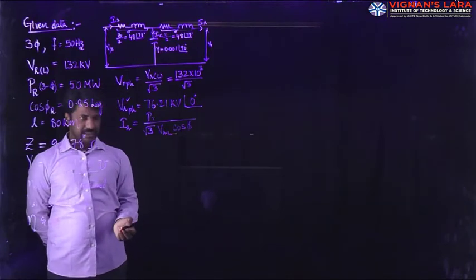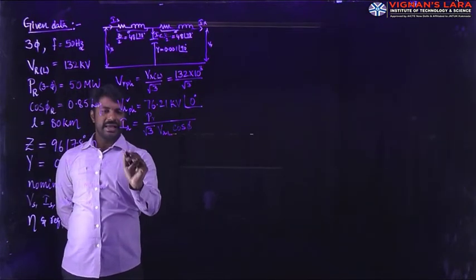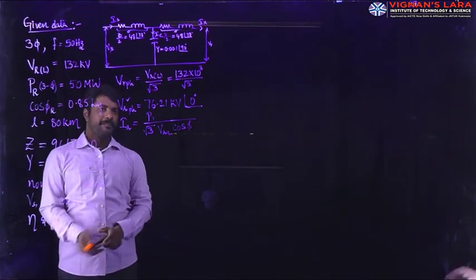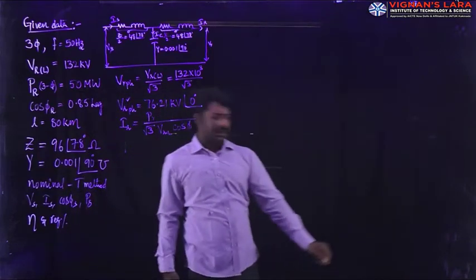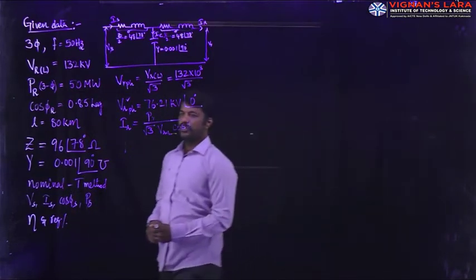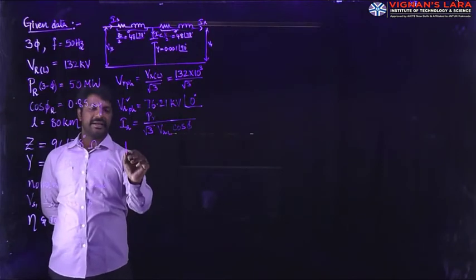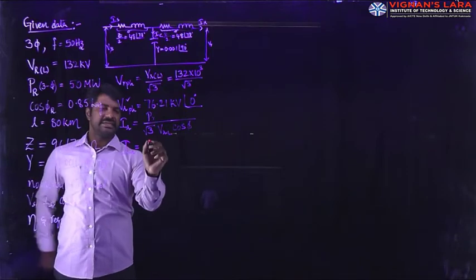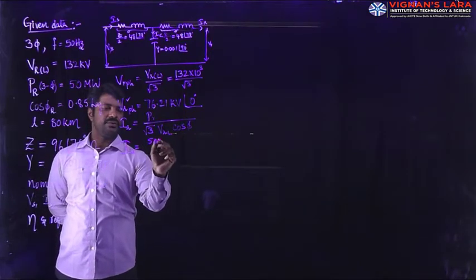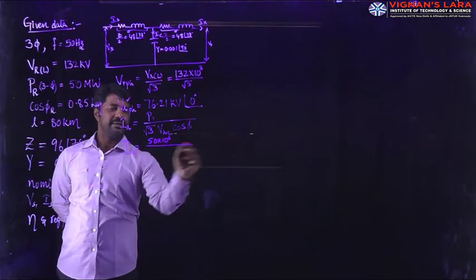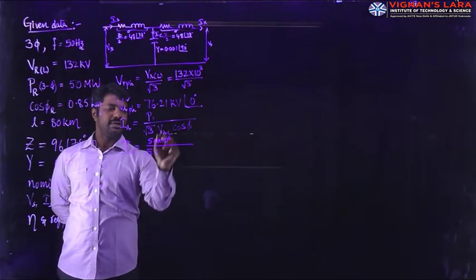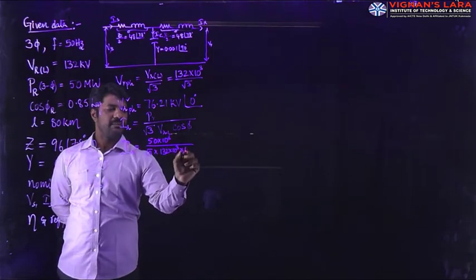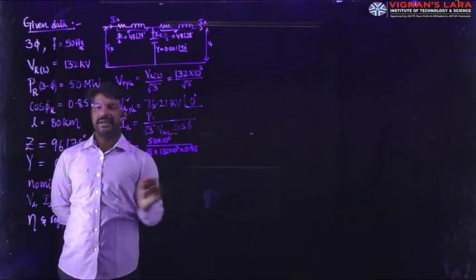VRL cos phi. Then what is its value? Current IR is equal to PR divided by root 3 VRL cos phi. Substituting the values, we get IR, the current, which is equal to the power on the 3-phase side, given as 50 megawatts, 50 into 10 power 6, divided by root 3, line voltage 132 kV, 132 into 10 power 3, cos phi 0.85, because they have given in the problem